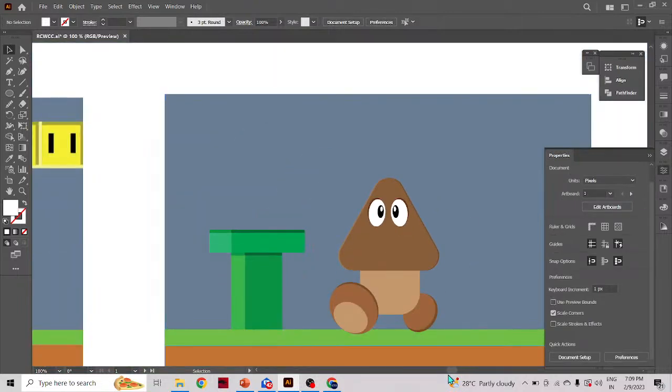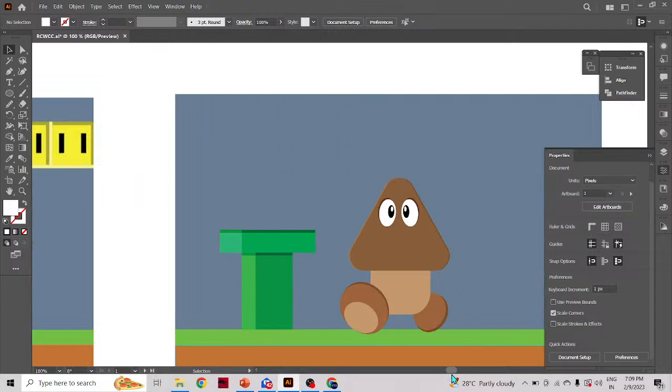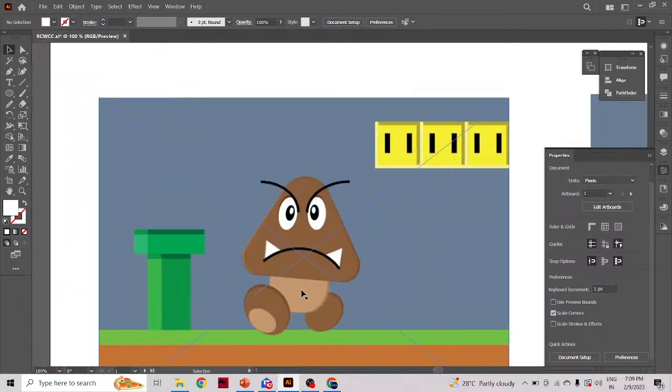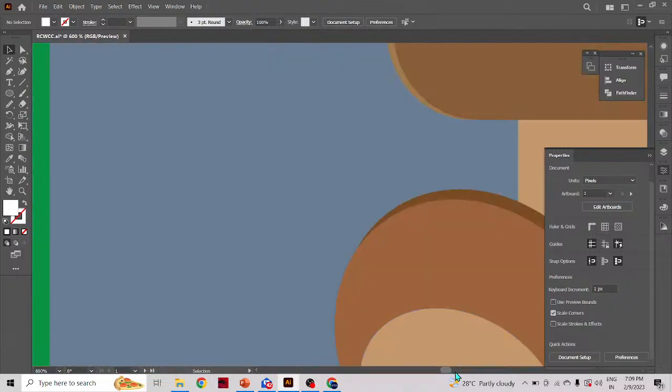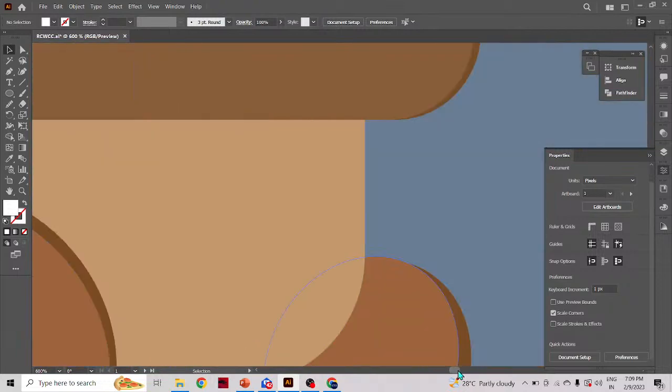Okay, now the next thing that we are going to do for our character is we are going to give a depth for the body. Okay, can you see here? There is a darker shade of this shape that we have here. So in our image, if you could notice, it is just plain. Okay, there is no depth which is shown. So for that, what I'm going to do, as I was